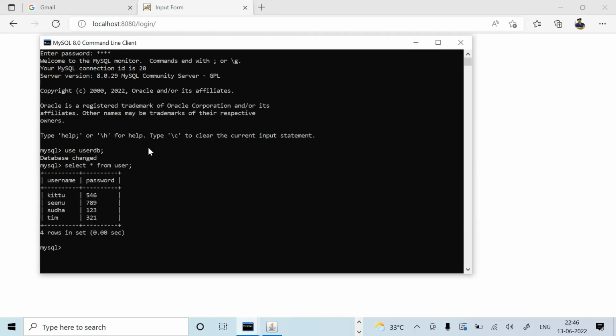Okay, so as I hit enter, you can see these are the four entries that I have made, right? So kit2, I said 546. Also I have given Tim to be 321. And then for Sudha, I have given 1, 2, 3, and for Sinu, I have given 7, 8, 9. Okay, so these are the four entries I have made. Okay, so let me quit from this particular